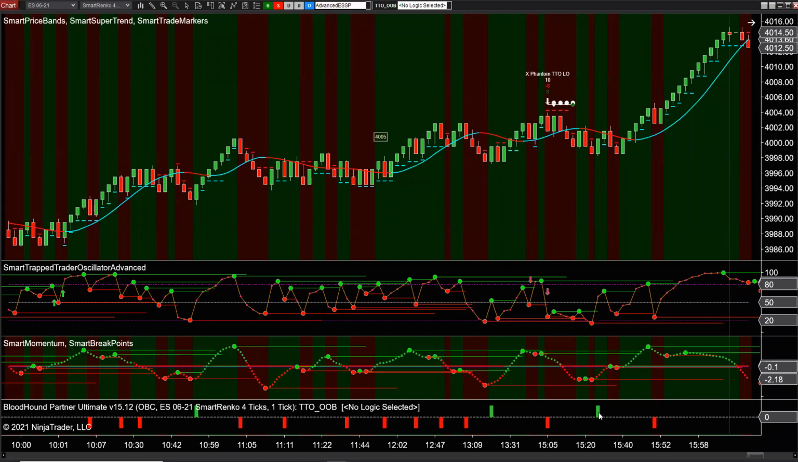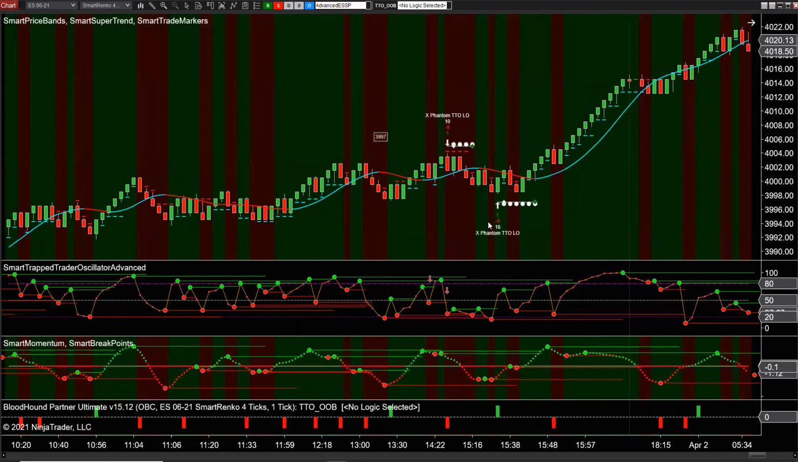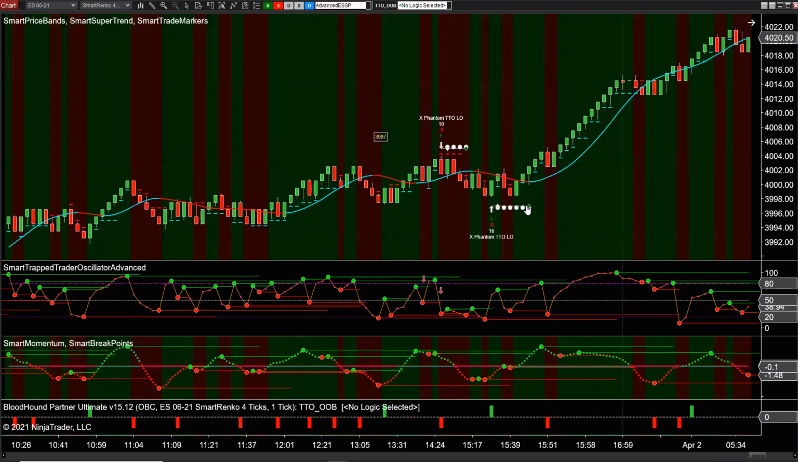So now we look and we see we had this red and it was engulfed. So that's a Phantom, X Phantom. We have this green notation here that's telling us this is a Trap Trader Oscillator in an extreme. Okay, good. And it also is engulfing this. So that would be a buy. Okay, it's that simple. Boom, boom. And we even had one